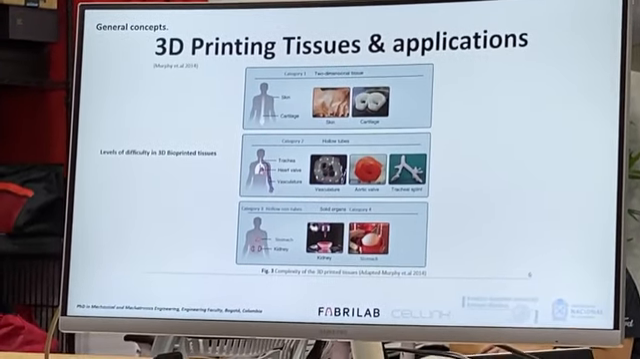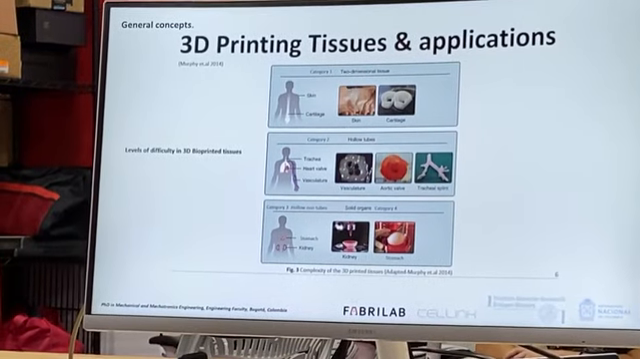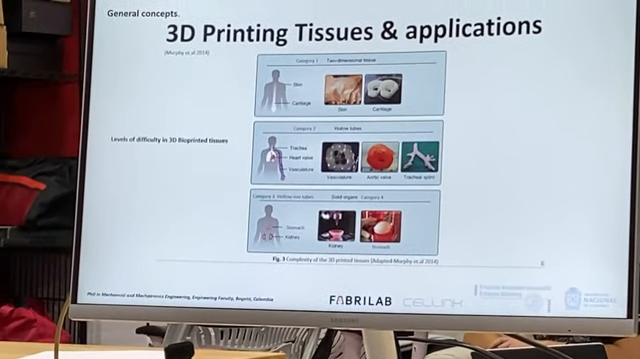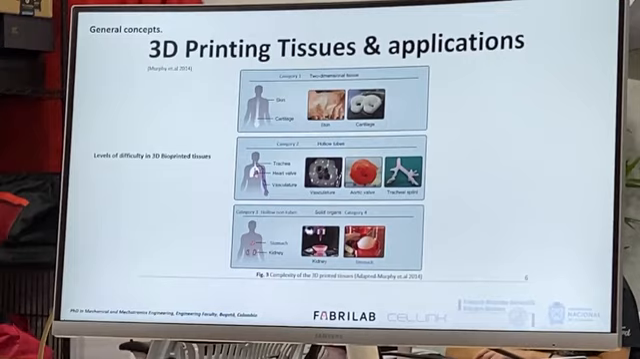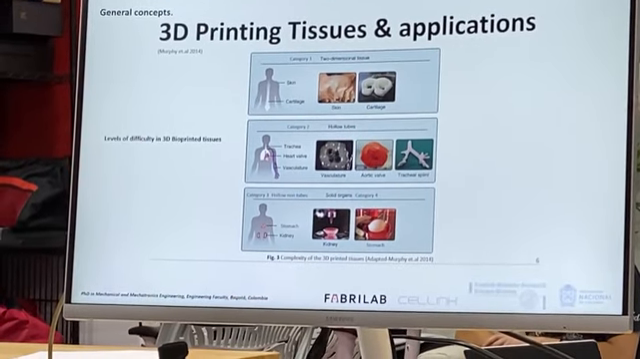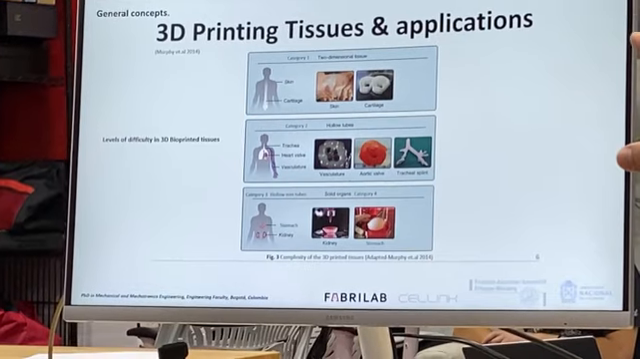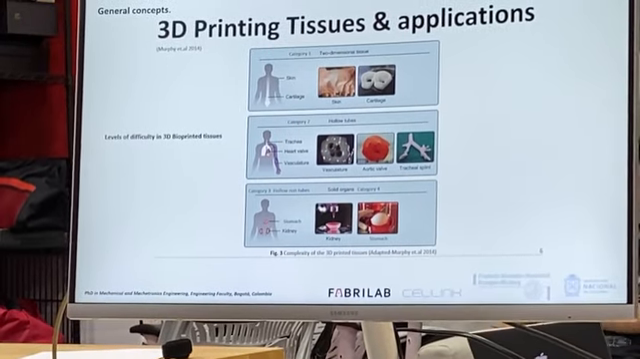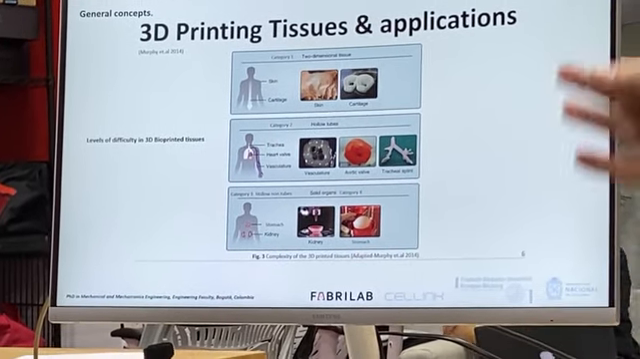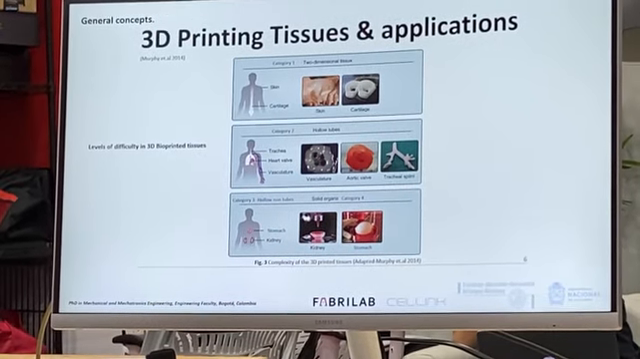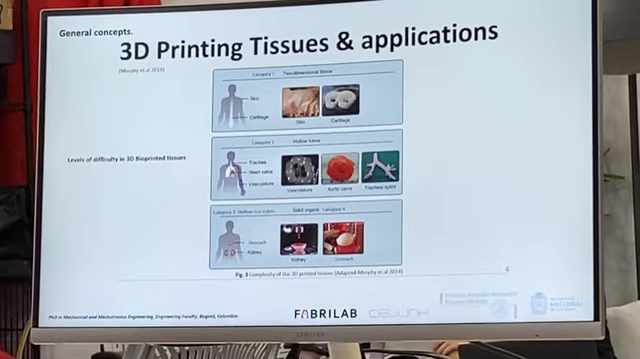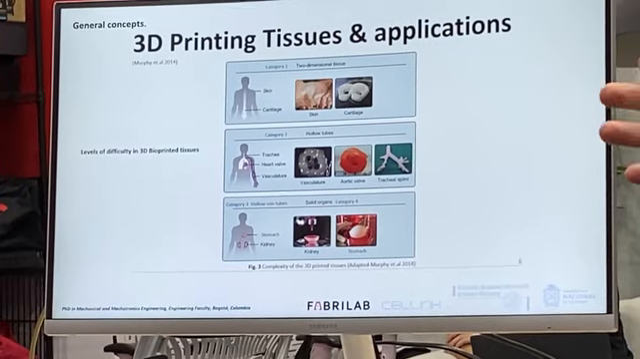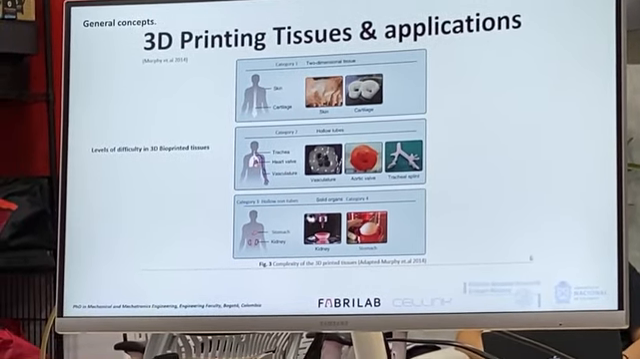So here are some of the samples that you can print, and it depends on the level of difficulty to print it. In the first category, we can find two-dimensional tissues like skin and cartilage. Cartilage is a two-dimensional tissue because it doesn't have vascular networks. In the second category, we can print, for example, tubular structures, hollow tubes, like veins, like aortic valves, like a tracheal splint. In the third category, we can find